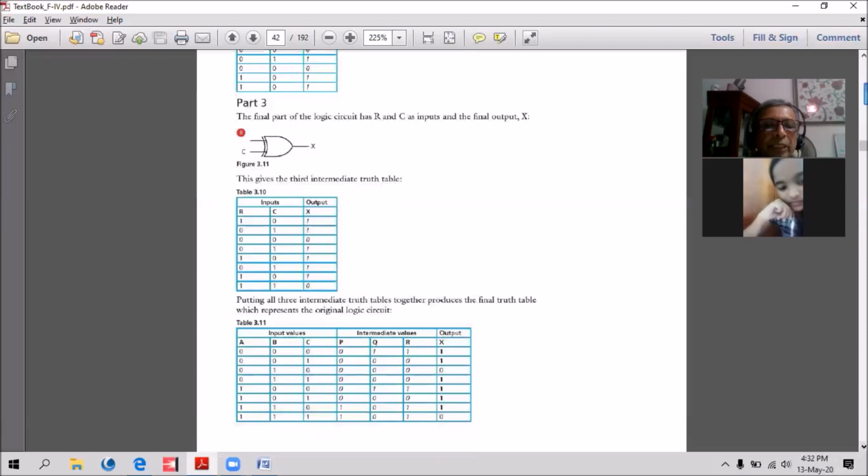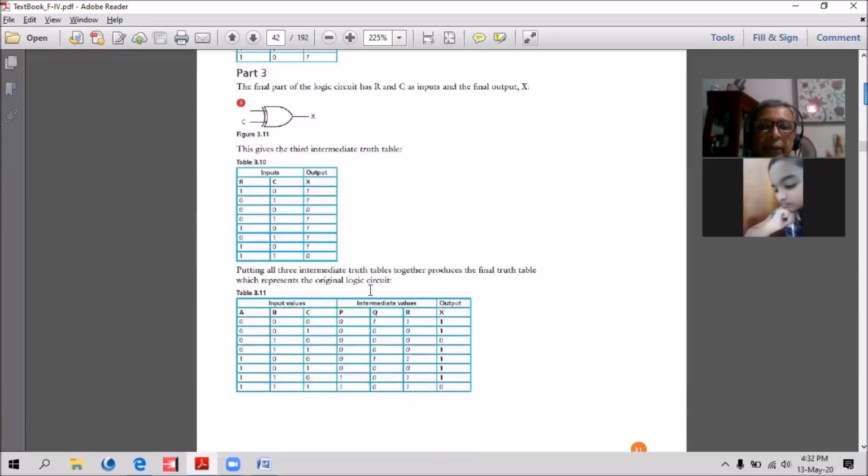So putting all 3 intermediate truth tables together produces the final truth table, which represents the original logic circuit. For the exam, we don't do it like this with intermediate truth tables, but intermediate columns we have here. Until you get used to it and become experts, we have to do it like this.